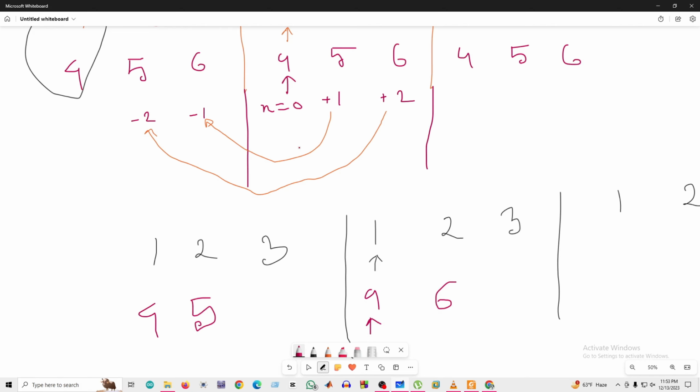5 এখানে যদি চলে আসে, 4 5 6, so I think it is right or wrong. So 5 is here, 4 5 6, so -1 -2 +1 +2, right? So 5 is now at -1. So yes, I think there is a mistake because this is not -2 index, because this is -2 index. This is not +1 index,